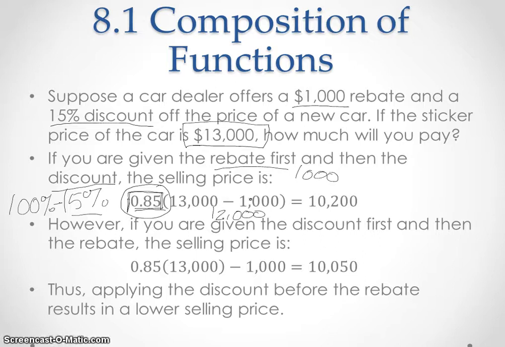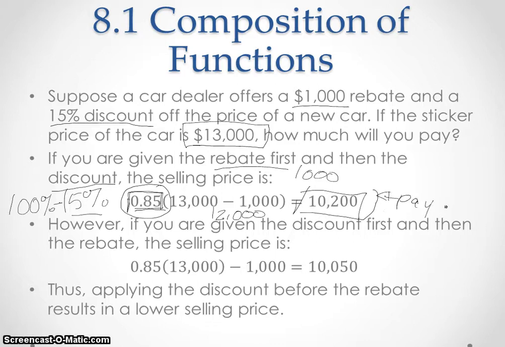We've already taken off our $1,000 here. Take the $12,000, multiply it by 0.85, and you should be following along in your calculator here just to see if I'm right. I might be making a mistake or two here. When you do that, you should get $10,200 as our price, and that's what we would pay here